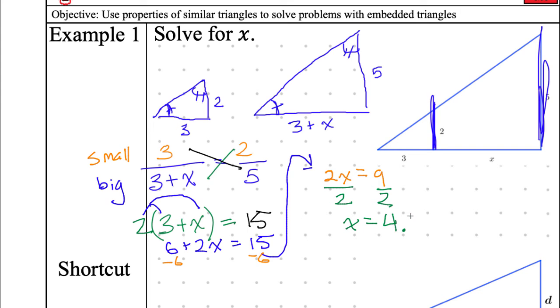You got this, Jessica? 4 point... I don't know. You can call on someone else. 5. Yeah, you got it. 4.5. Perfect. Done. Using our proportional triangles, using similar triangles, we know that this length must be 4.5, which is